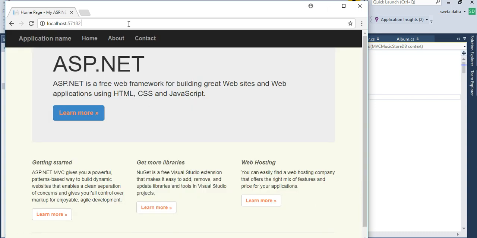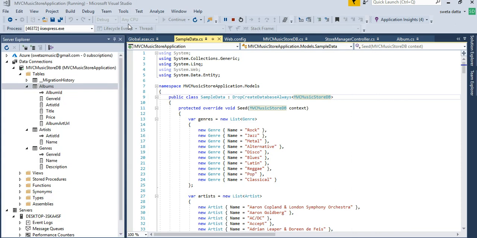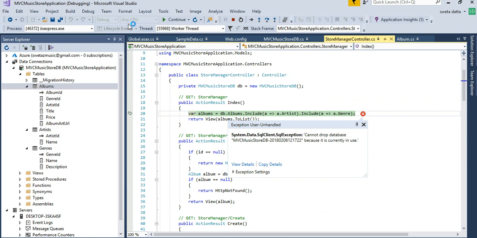Okay, I'm going to go to my store manager. This is actually a good error to show you.